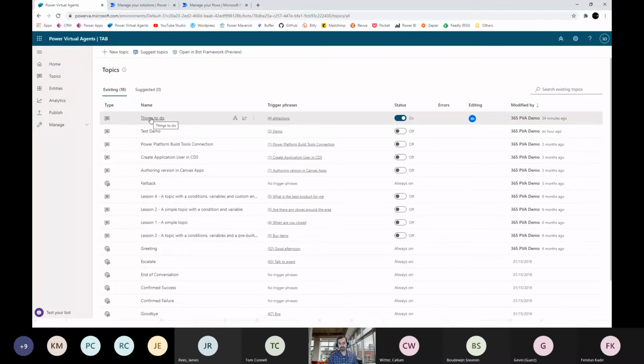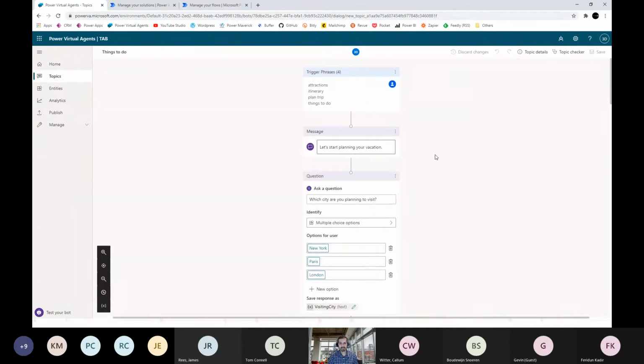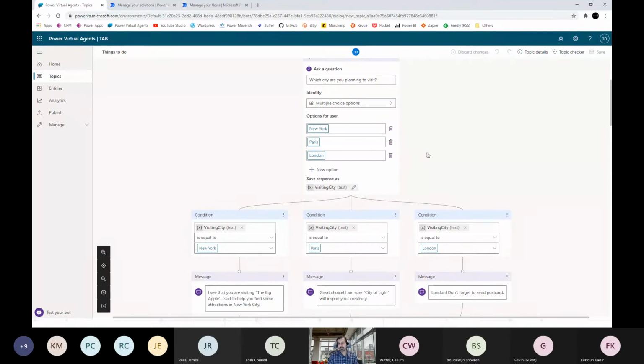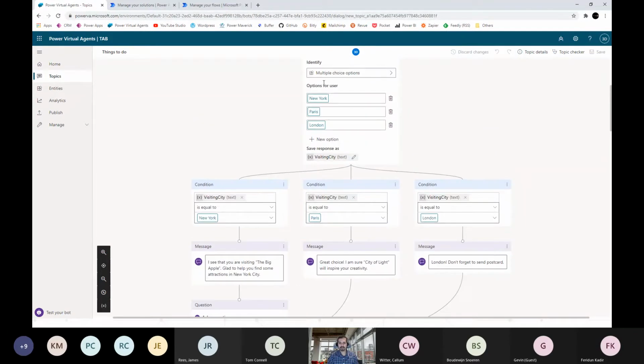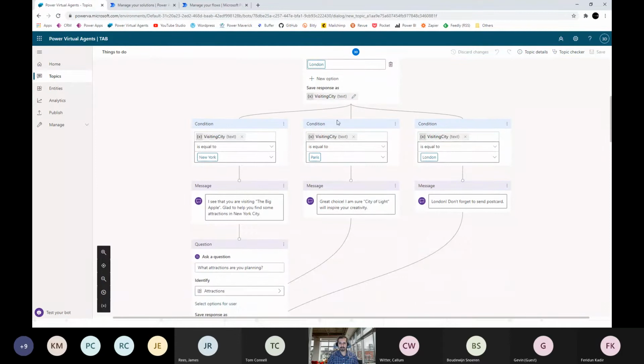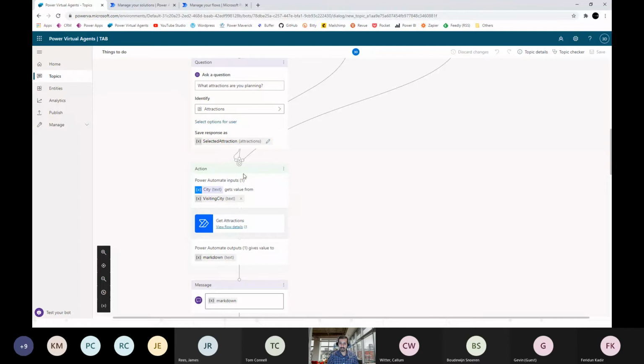The way you go to the authoring canvas, where you can actually design your bot, is by using this particular button, which says go to authoring canvas. Okay, so I'm not going to go through the entire bot because my focus is how we should add this bot on a website. But it's pretty straightforward. If you're asking for multi-choice options, you have the option of creating conditions, and then you can just